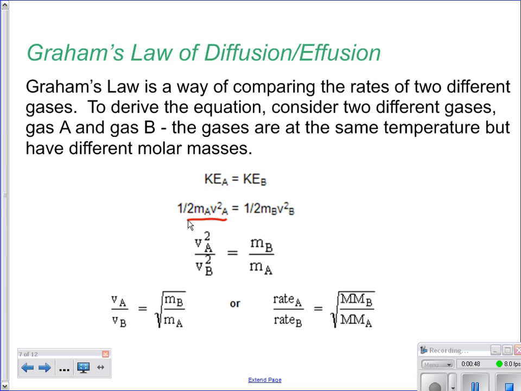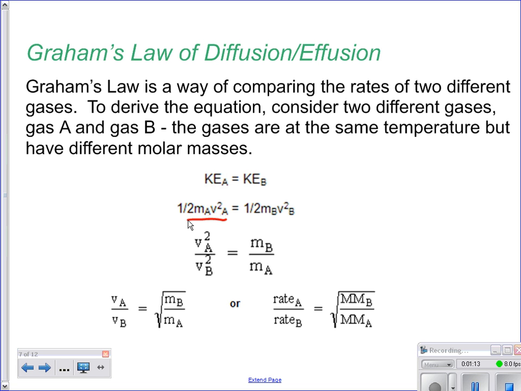Graham's law of diffusion or effusion, and essentially those are the same things. The only difference is that in one of them you're talking about a gas escaping through a pinhole, and in the other one you're talking about a gas just kind of traveling through a porous medium. So in this case, what we want to do is look at the rates that these